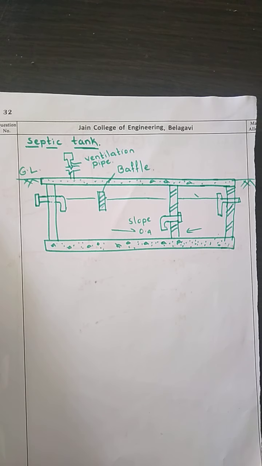Now what are the disadvantages? The size required for this septic tank is quite big. The effluent is dark, and it gives a foul smell as it has anaerobic conditions. The leakage of gases from the top causes environmental pollution. As I have told, it liberates gas from the top of the septic tank. Then it requires periodic cleaning, removal and disposal of the sludge, which is very often a tedious process.